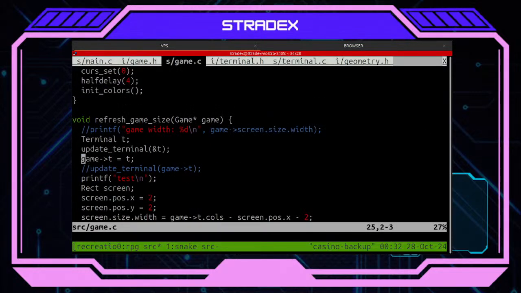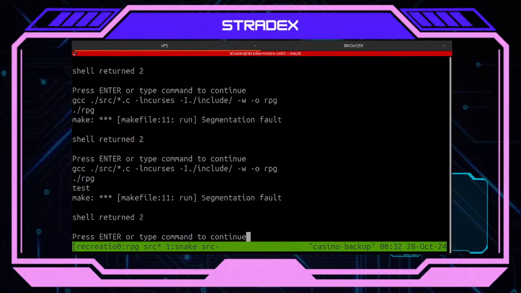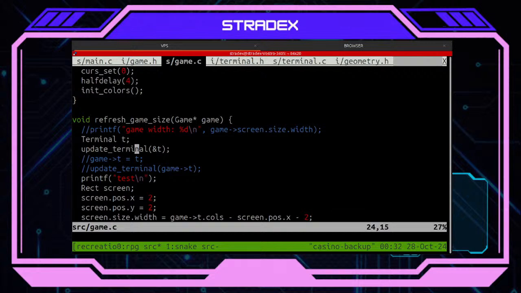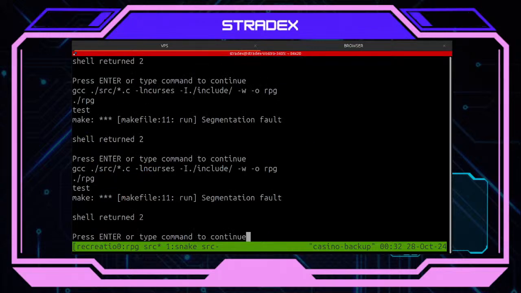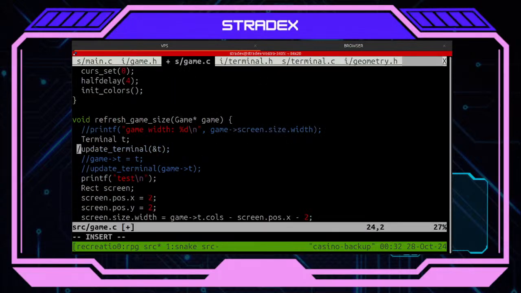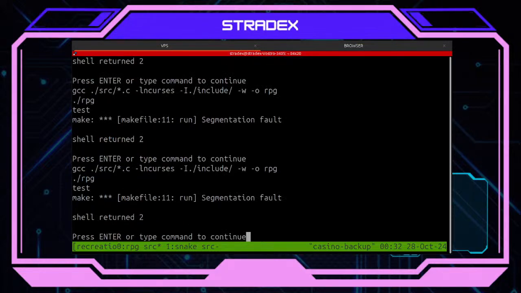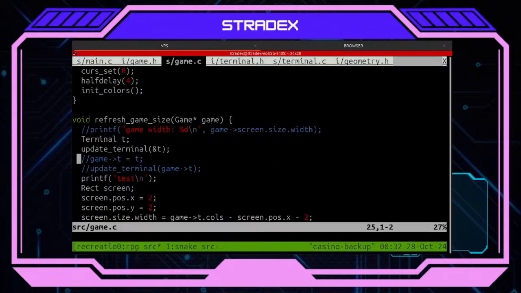No, still no. Look at this. This is a segmentation fault though. Actually, this is all okay.